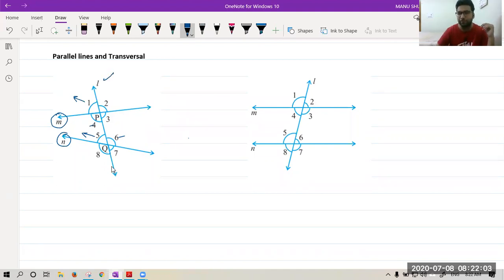Now, tell me one thing. In this figure only, in figure 1, which angles can you say with much surety are equal? Okay, Piyush, Ananya, good. Moksh, good beta. Raghav is saying 2 and 7. No, Raghav, not 2 and 7, 2 and 4, Prisha. 2 and 4 is correct.